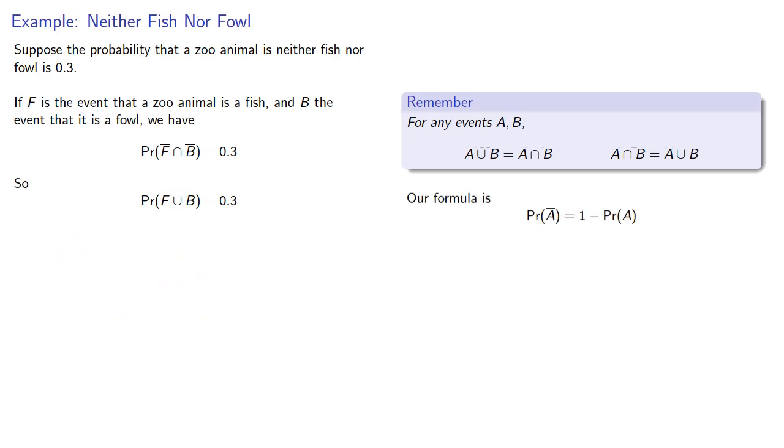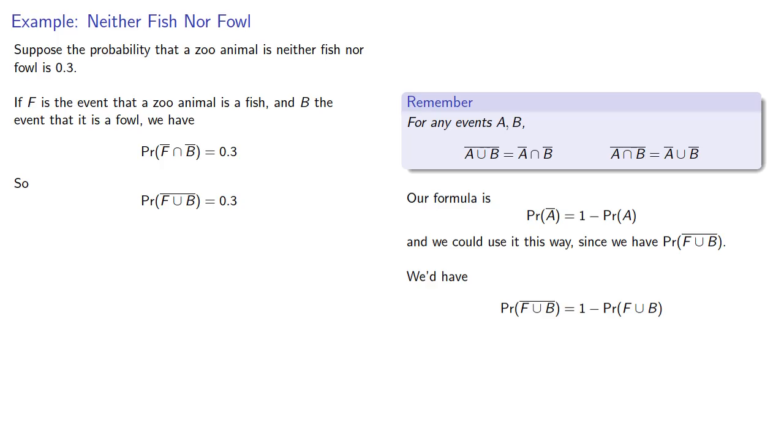Now, our formula tells us the probability of a complement is 1 minus the probability of an event, and we could use it this way because we do have the probability of a complement. So if we take our formula, substitute in our values, and then solve, we find